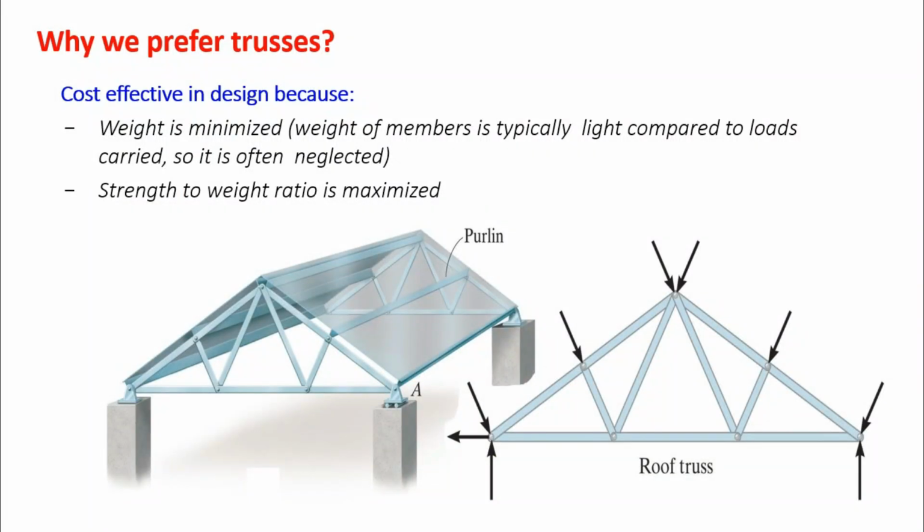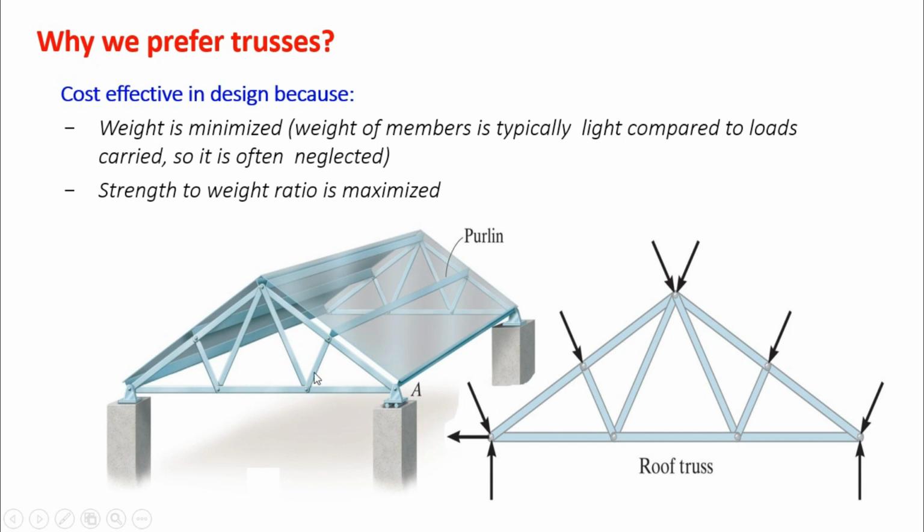Now the question is, why do we prefer trusses over cemented constructions? Now the main thing is that it is cost effective. Now why is it cost effective? First, when we design a truss, its own weight is negligible, meaning it has very little weight as compared to cement. When I construct a roof of this much size, this broad an area, for the roof material we need sand, cement, even stones, even iron bars. So all these are required just to make the roof.